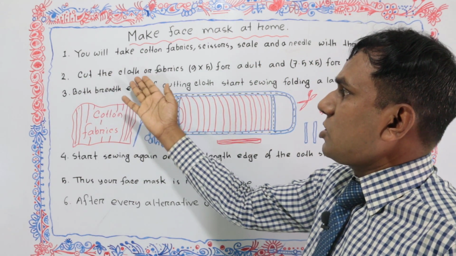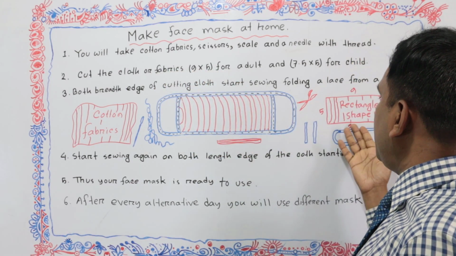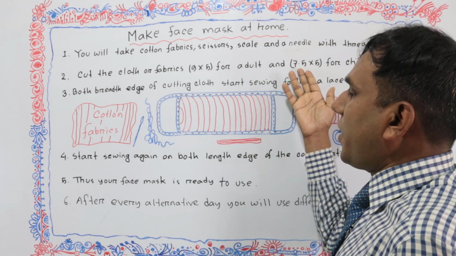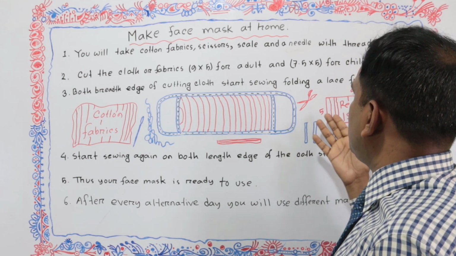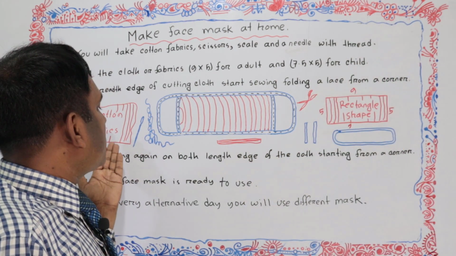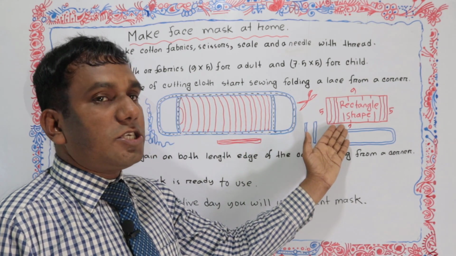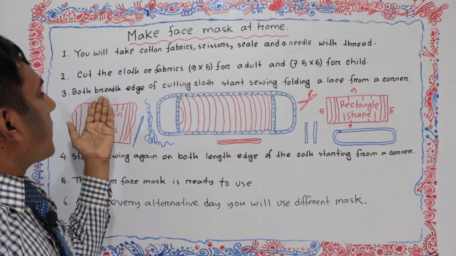Then cut the cloth or fabric at 9 by 5 for an adult and 7.5 by 5 for a child. After cutting the cloth into this rectangle shape for adult and child, then both breadth edges